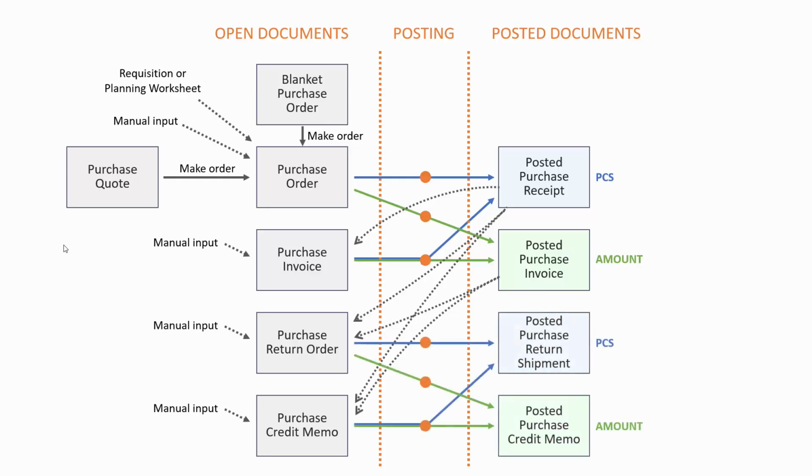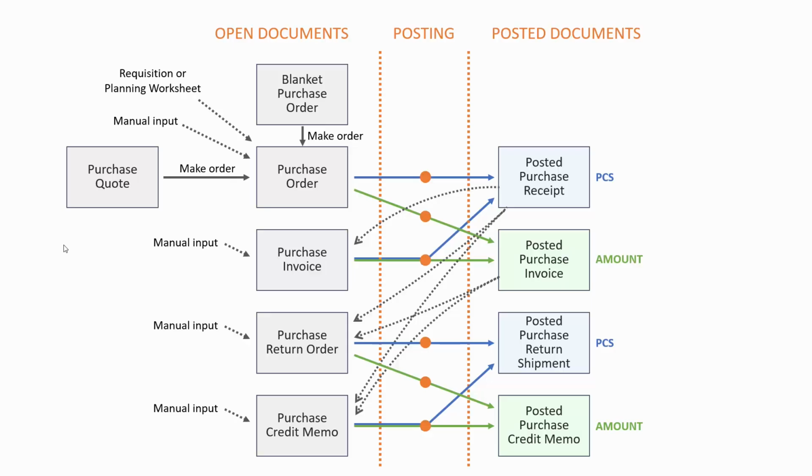And as you can see here, the postings are separate from the return order. So often the return order is made as an agreement with the vendor and lies in the system until the warehouse people collect the items, pack them, and then post the return shipment as a separate go. Later on, the finance department will post the purchase credit memo when they get it, whereas the credit memo is